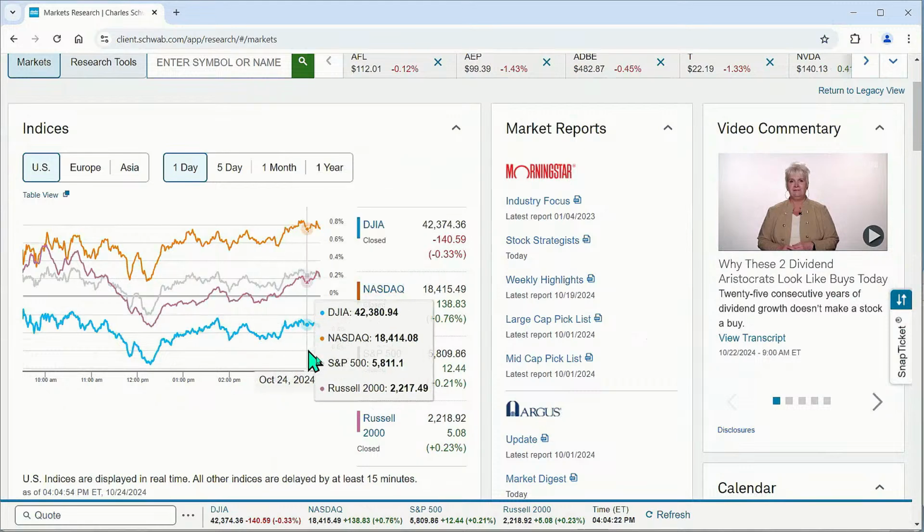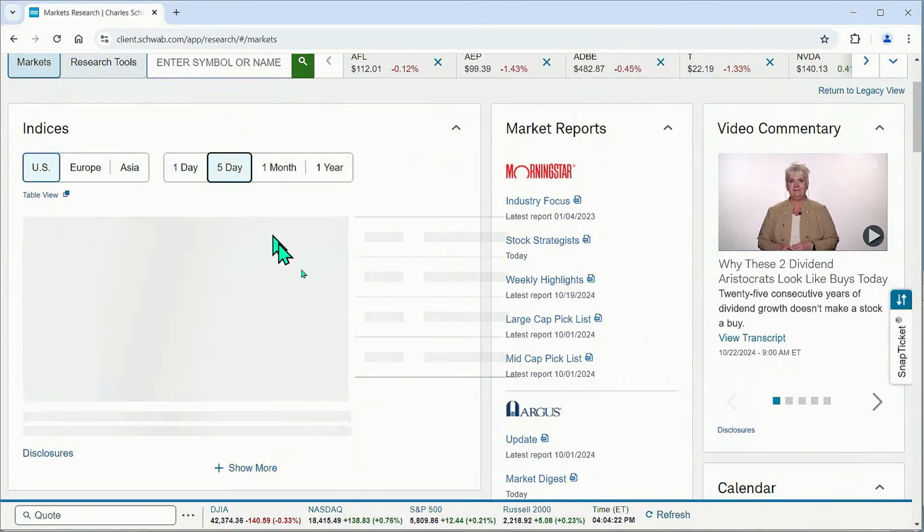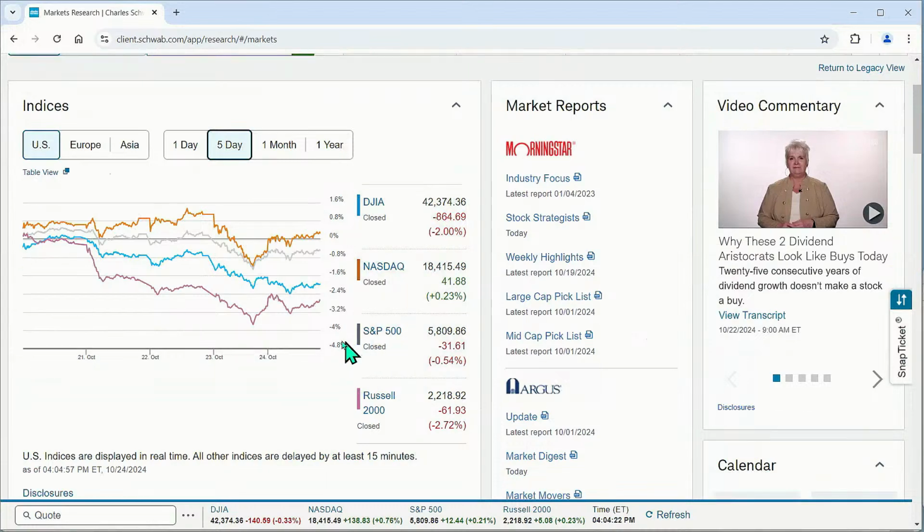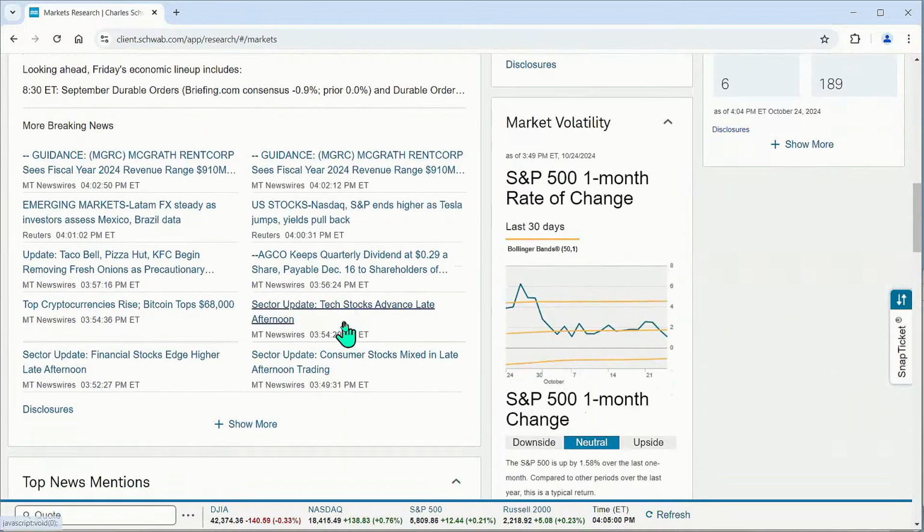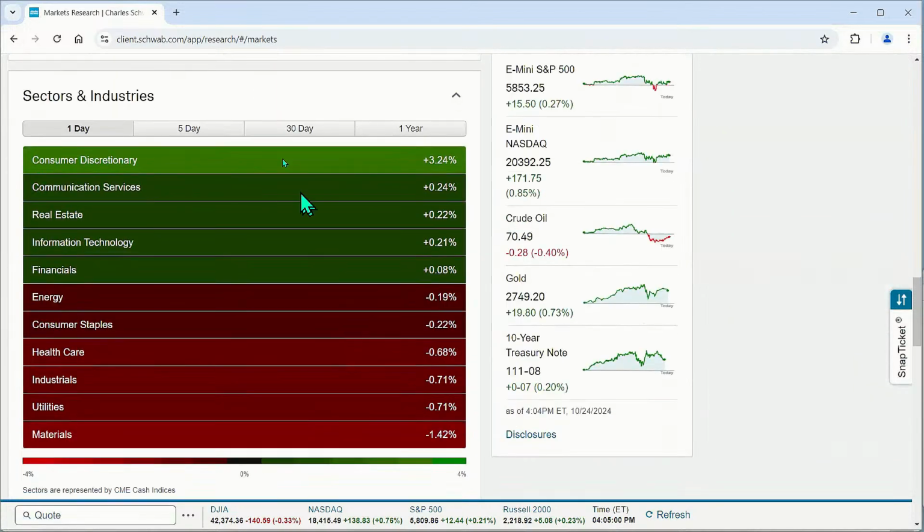This is great info. I can see the 1-day, 5-day returns on various indexes, whatever. I'm going to scroll down. There's news. But really what I want to get to is this: sectors and industries. The traditional way that people look at this top-down analysis is they'll say, hey, look, here's my sectors. I'm going to find the top performing sector. But you've got to be a little careful on that because I'm not going to necessarily do a one day,